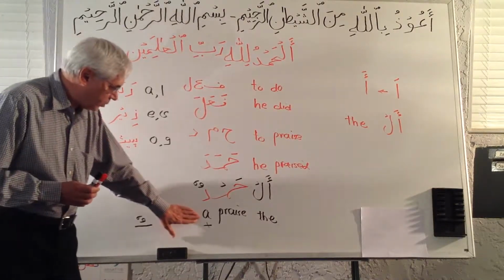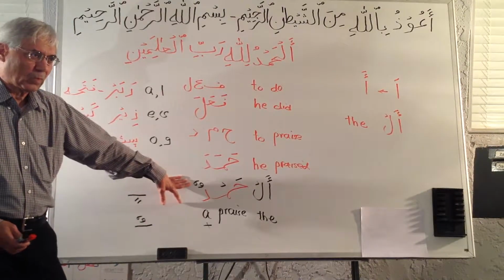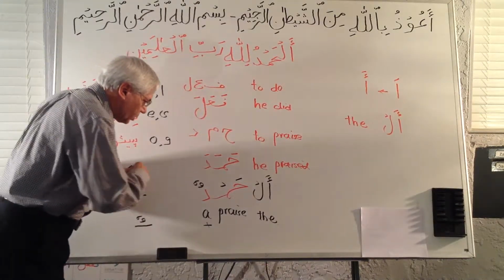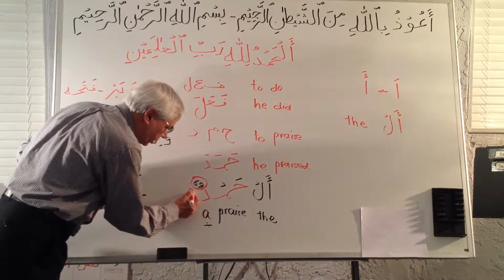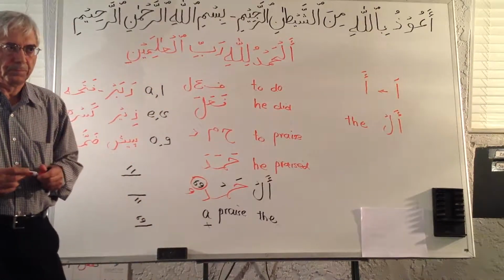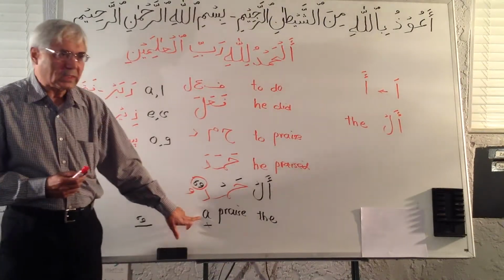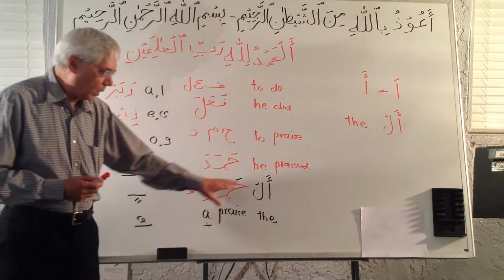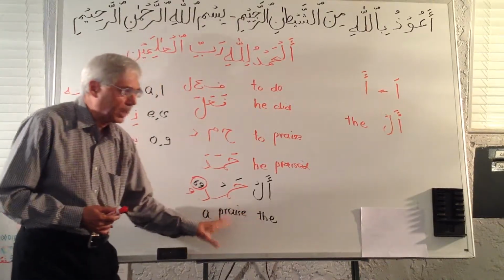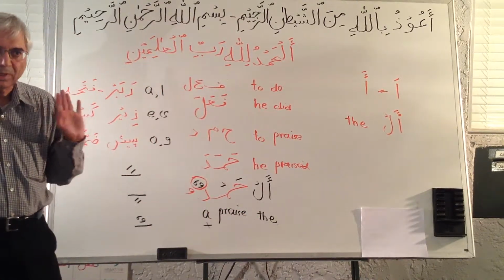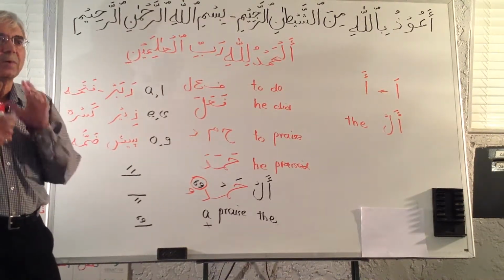Because we dropped a here, we have to drop something here also. And what we drop here, these two dhammas, two pesh, we just remove and leave only one of them. So this is equivalent to removing this a from the English. So what is left now? Alhamdu. Alhamdu means the praise. Now this is not just any praise. This is the praise. All the praise combined is the praise.